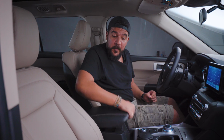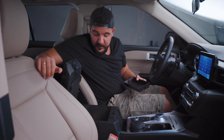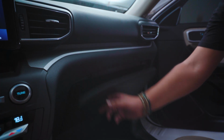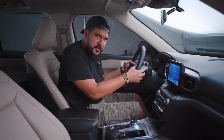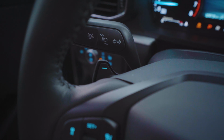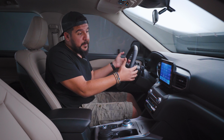And underneath the armrest you have another large storage space. It comes with a coin holder as well as another 12-volt outlet, so you literally do have a lot of places to put your stuff. Other things that you wouldn't expect in the new Explorer are paddle shifters. Yes, this car comes with paddle shifters, which I don't think most of the buyers would want, but then again,